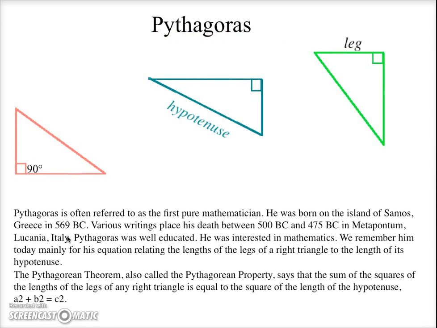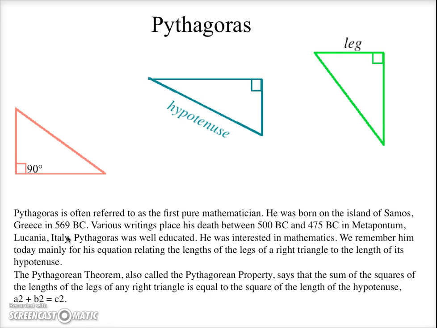Pythagoras is often referred to as the first pure mathematician. He was born on the island of Samos, Greece in 569 BC. Various writings place his death between 500 BC and 475 BC in Italy. Pythagoras was well educated. He was very interested in mathematics. We remember him today mainly for his equation relating the lengths of the legs in a right triangle to the length of